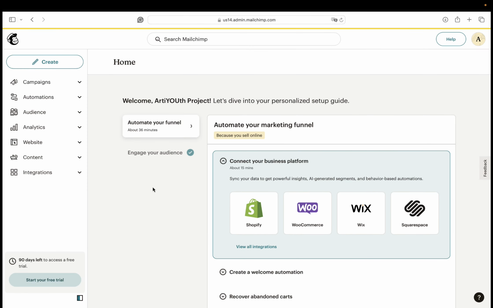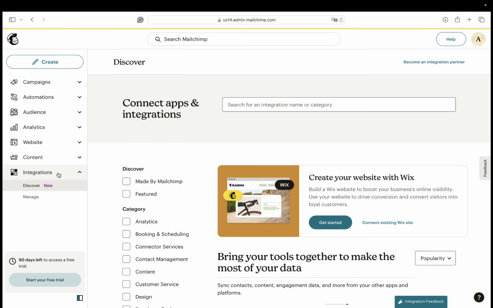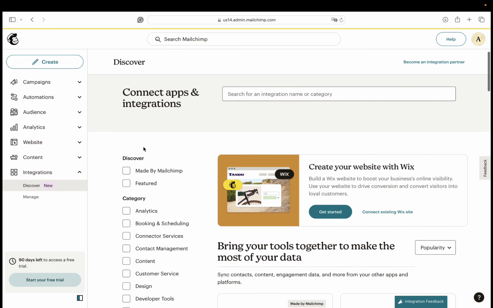MailChimp integrates with various tools and platforms to enhance your email marketing efforts. Go to the Integrations tab and connect MailChimp with your e-commerce platform, CRM, or social media accounts.